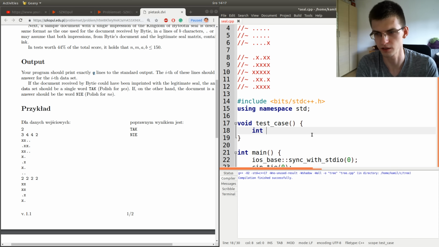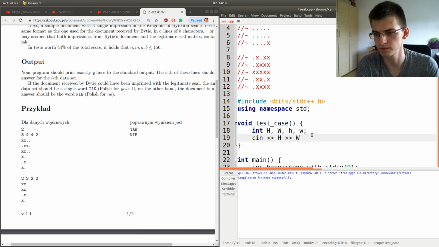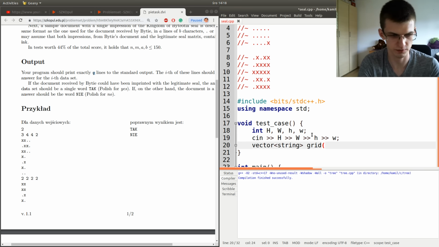Okay, we read dimensions. I like to call them h and w, like height and width of a grid. And now we read them. First there's that big grid, and then there is the pattern.